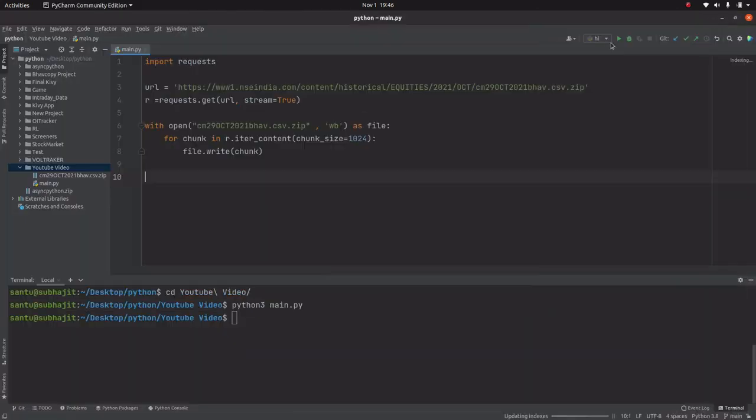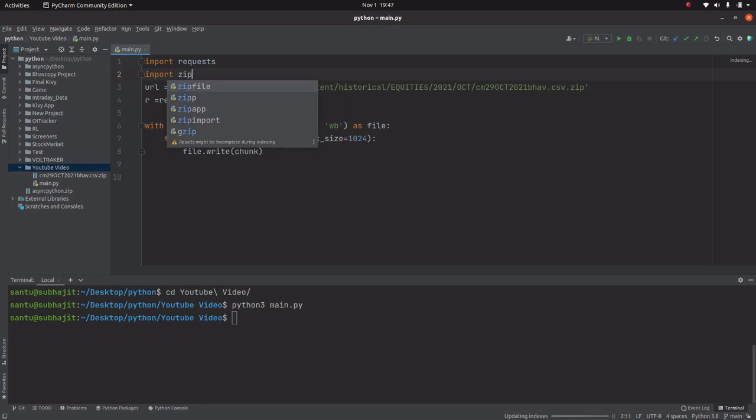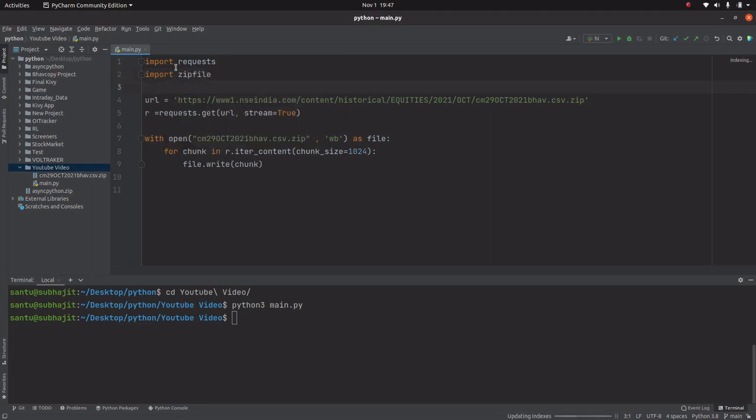So now we have to unzip the zip file and we will get the CSV file. So now to unzip this particular zip file we need a module, that is import zipfile. By using this module we will unzip this particular zip file. So with zipfile.ZipFile, and we will provide the name of the zip file.